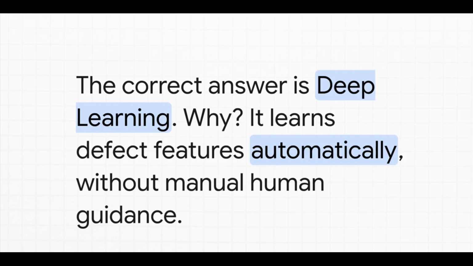So I really hope this breakdown makes you feel a lot more confident for your exam. Go back, review these key differences, and you are going to be in